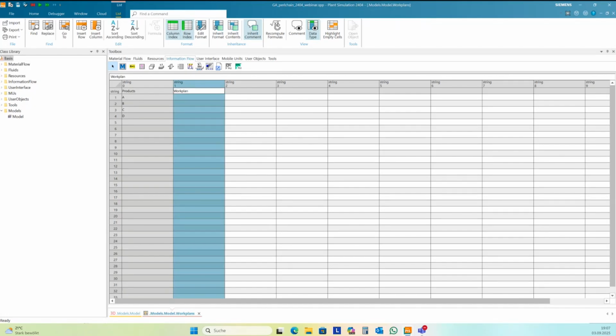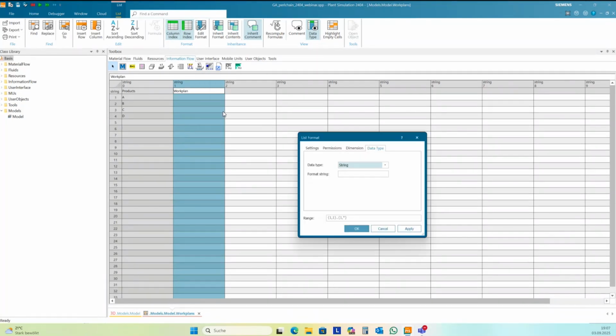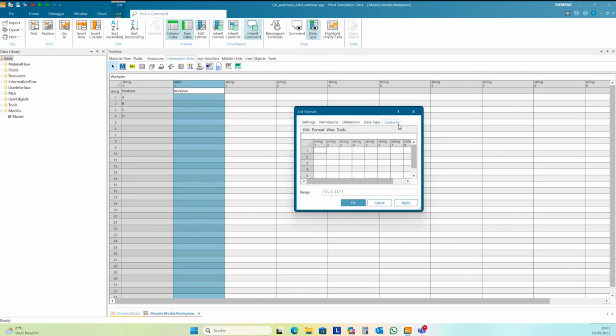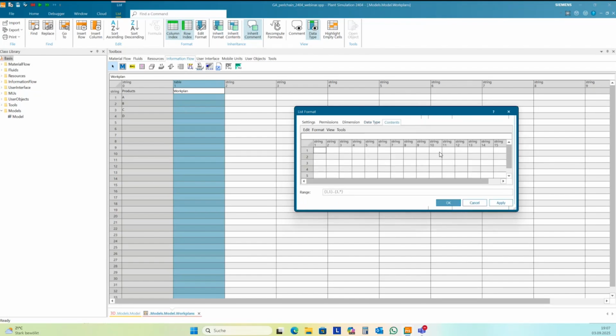This should be a table. So I format this column as a table. I click apply, and then you need to format these subtables.